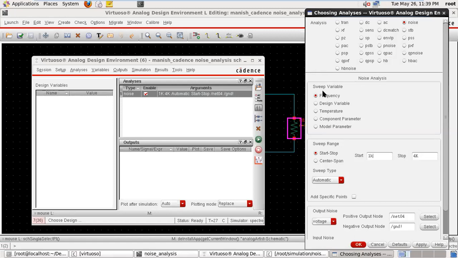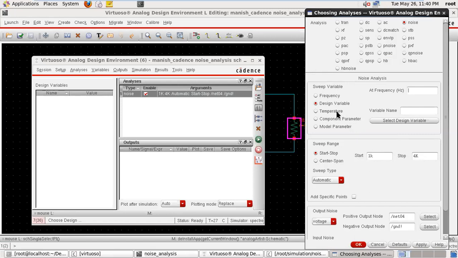Okay, here you see the types of sweep variable. For the sweep variable, we are interested in frequency. If we select the design variable, what is the significance of this? You are measuring the noise at a particular frequency, and the variable is the one you have chosen in the schematic, and you have to give the range of that variable.